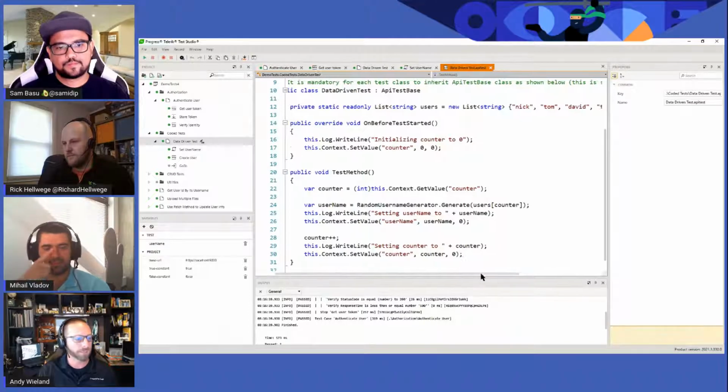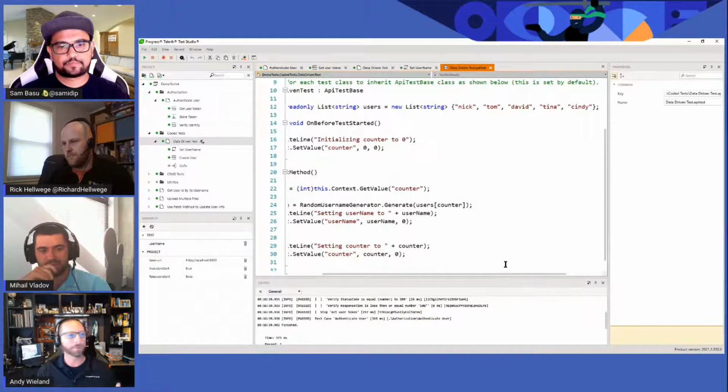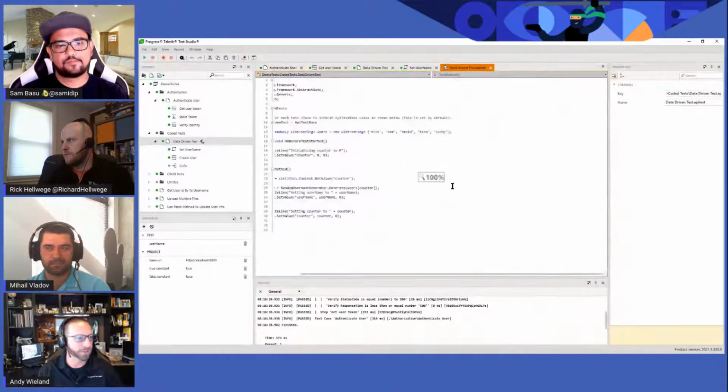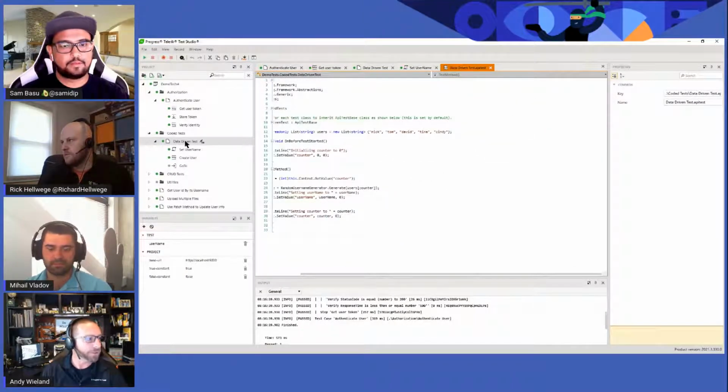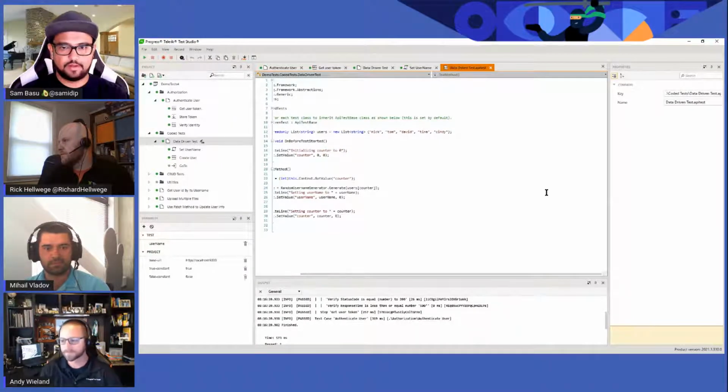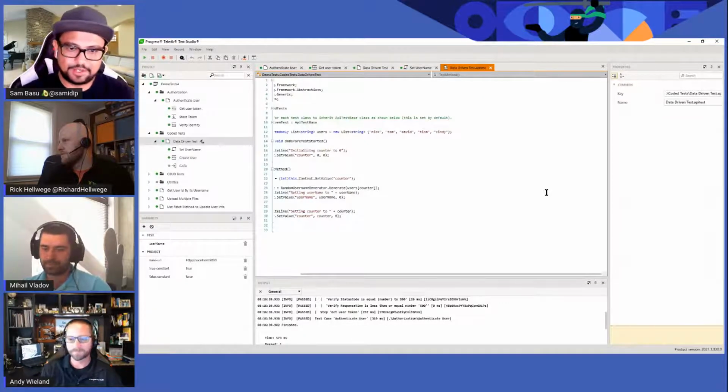So one of the uses of this demo, this kind of sample project that I pulled up here, was so that you could come and steal this and go use it for your own testing needs, basically. So I did want to show you that. This is straight up C#, and you can assert, you can do whatever you want. This is a coded test. Yeah, exactly. So that's one more thing.